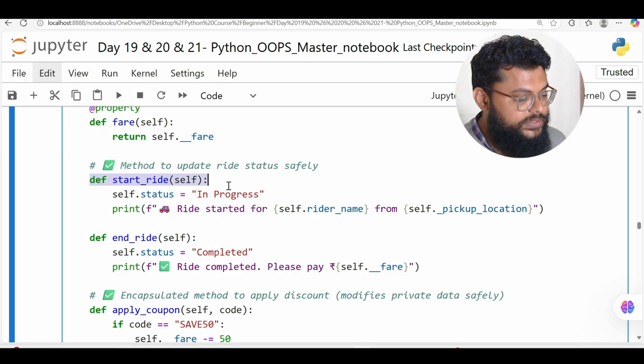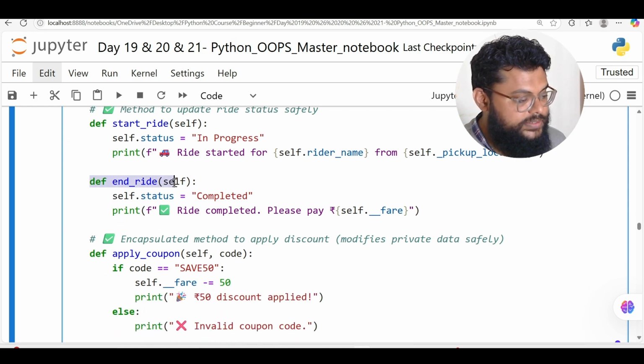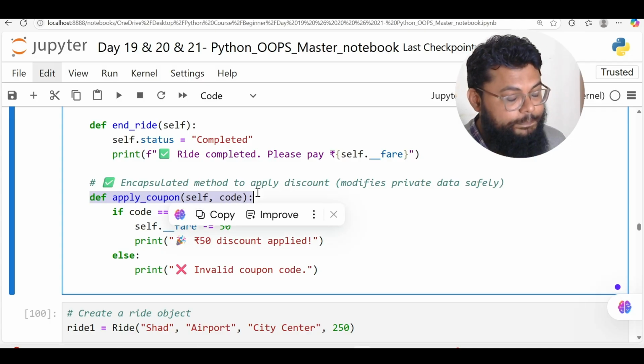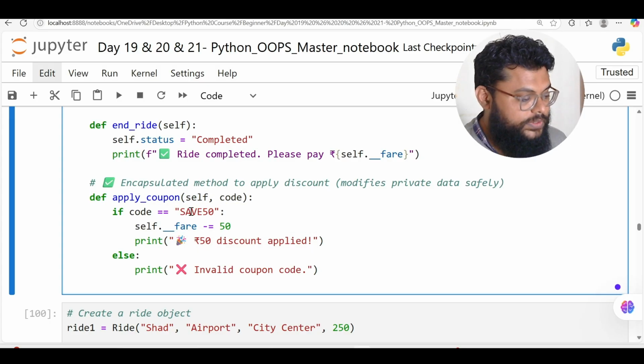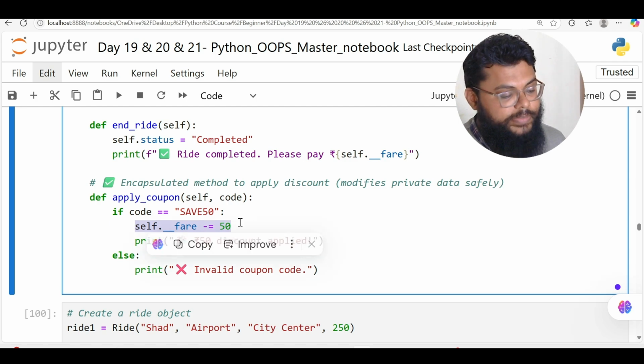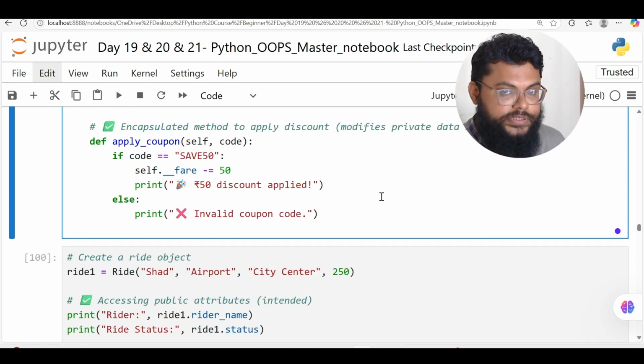So these are some of the methods that update the ride status safely and ride end status like self.status. Here we are showing the fare amount, how the fare is calculated, and if anyone has a coupon code, they can apply the code. Internal logic will check that code and apply the fare as minus 50, and print discount applied or